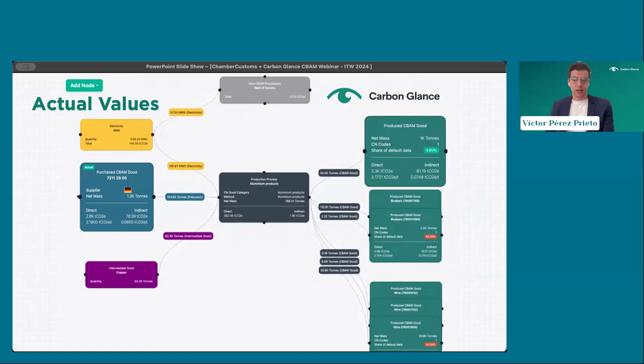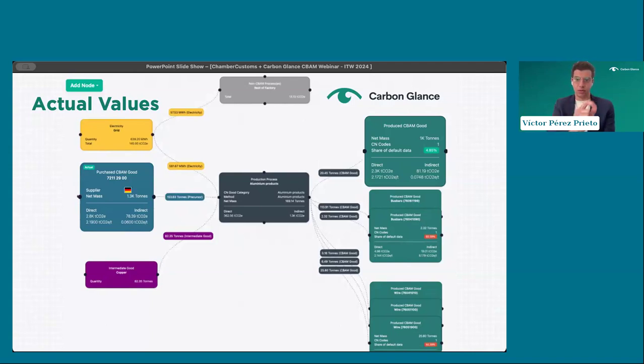Because keep in mind that currently there is no obligation to do so, but as from 2026, there will be an obligation for verifying the data that you submit to your clients. And this type of schematic diagram allows you to keep the data stored, to give any potential third-party verifier really good insight on how the calculations were performed, or on what goes into your CBAM production processes, and very importantly, how the emissions and the quantities are attributed.